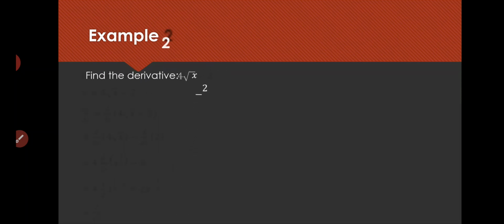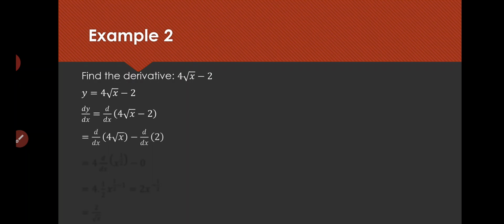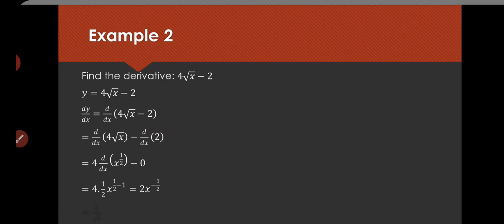Now let us move to question number 2. 4 root x minus 2. So for 4 root x minus 2, once again I am just going to take you through the steps without much explanation, as you can see. Now obviously derivative of constant is 0, and root x means x to the power half. So therefore it becomes half into x to the power half minus 1. So that becomes 4 into the whole thing. So therefore 2 into x to the power minus half, or that is 2 by root x. I hope this is clear. This is a very simple derivative to begin with.